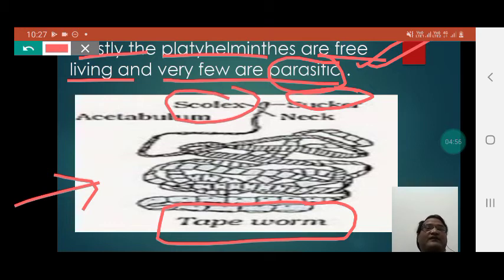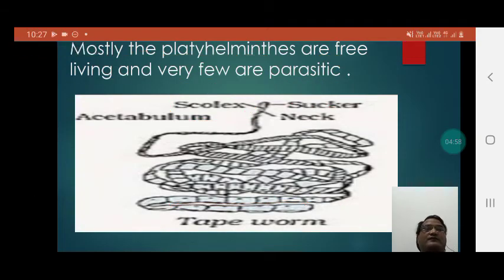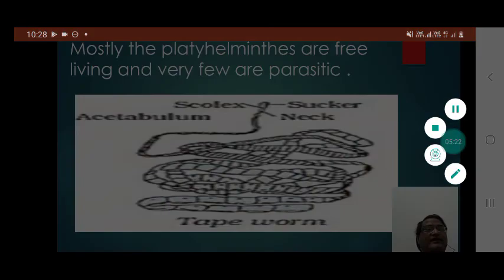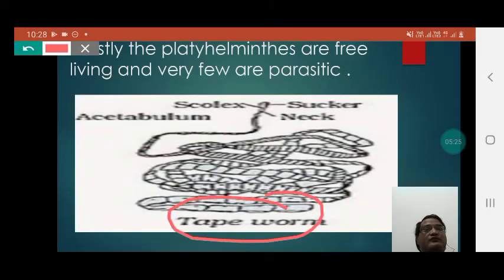With the help of these suckers and scolex, the tapeworm attaches itself to the intestine of the living organism and further ingests the blood which is formed by the organism. So here we can say that the tapeworm, although a platyhelminth, is a parasite,